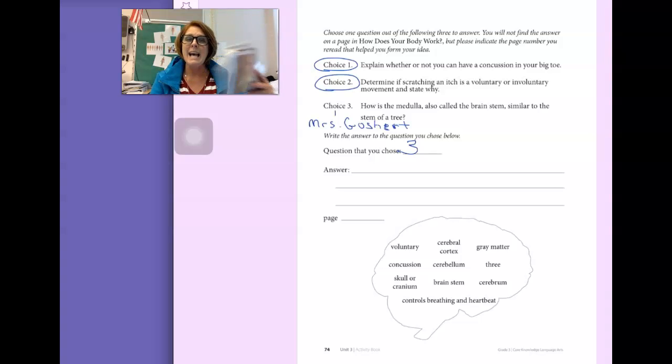And what it says is, the medulla, or brainstem, is located at the base of the skull in the back, right where the spinal cord meets the brain. So when I think about a tree, the stem is kind of the base of a tree and supports everything else. So what I'm going to say for my answer is,